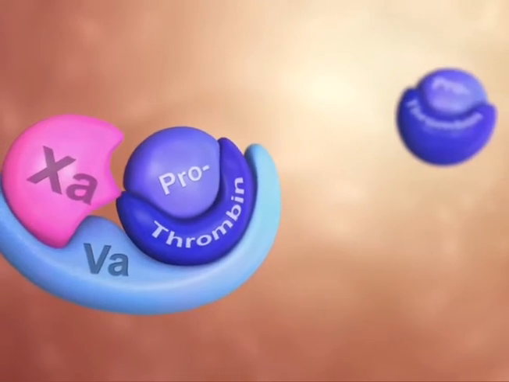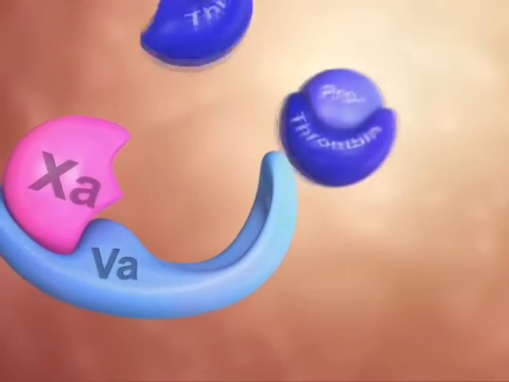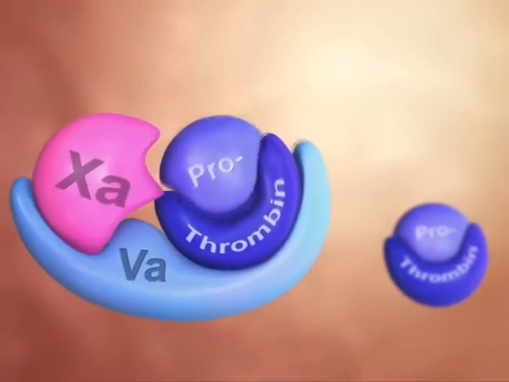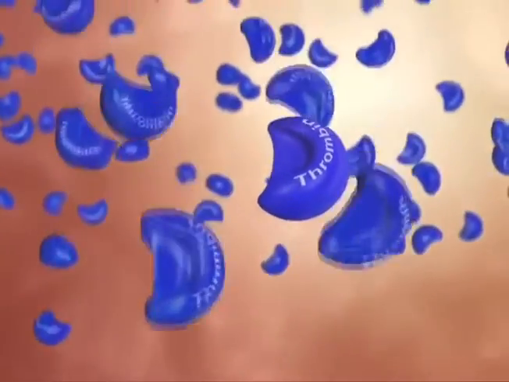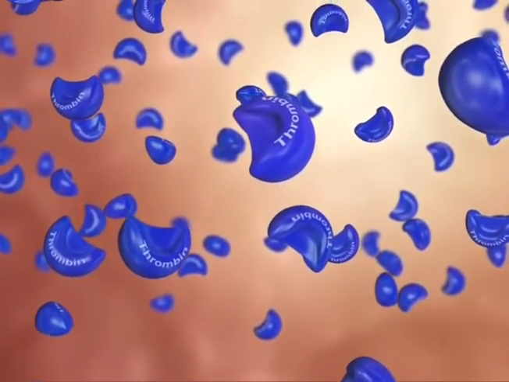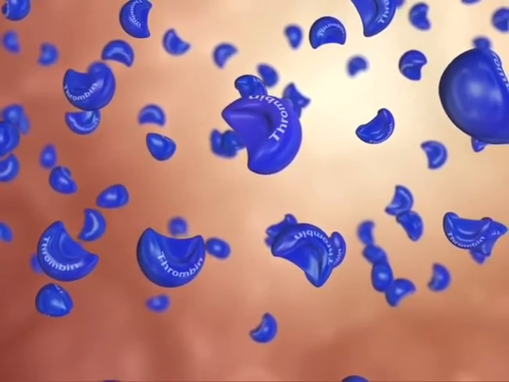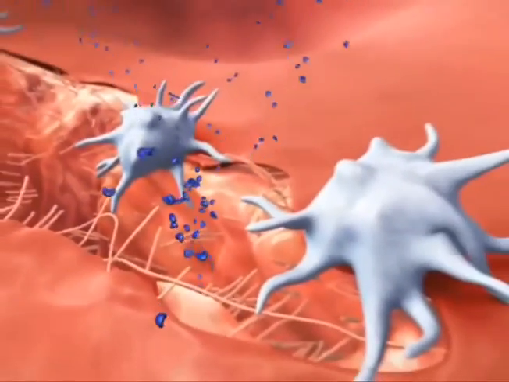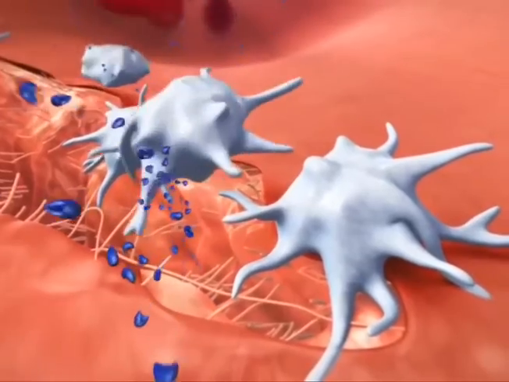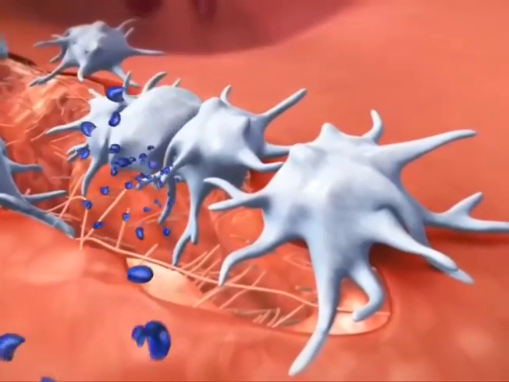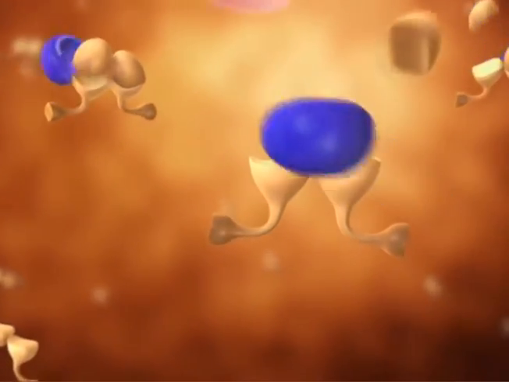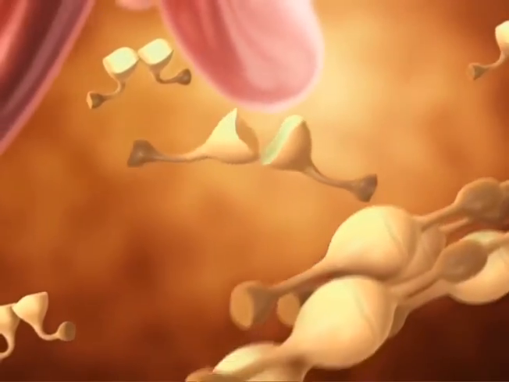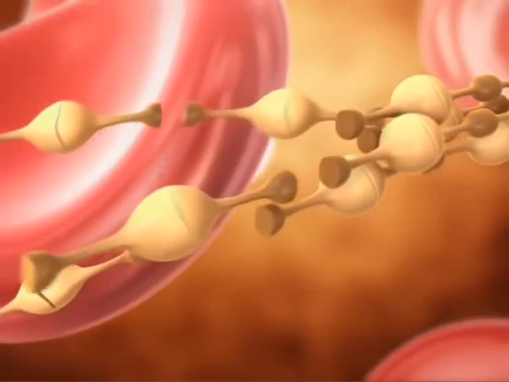The intrinsic pathway consists of fibrinogen, prothrombin, Christmas factor, Stuart factor, plasma thromboplastin, and Hageman factor. The extrinsic pathway factors consist of 1, 2, 7, and 10, and factor 7 is called the stable factor. The common pathway consists of factors 1, 2, 5, 8, and 10, and the factors circulate through the bloodstream